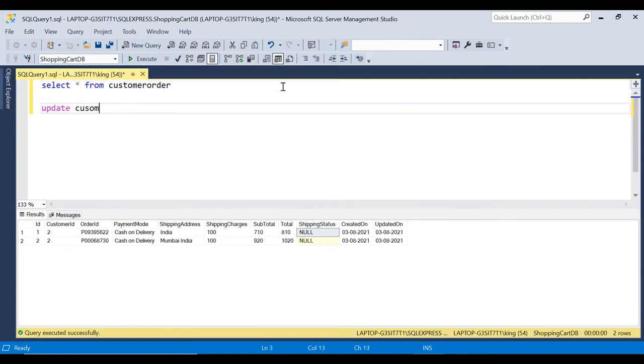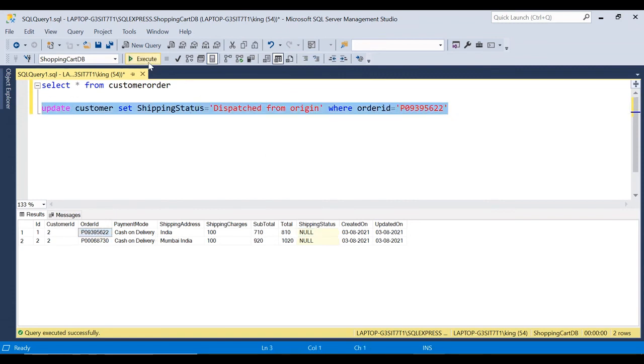Update customer order set status equal to dispatched from origin, where order ID equal to this one.